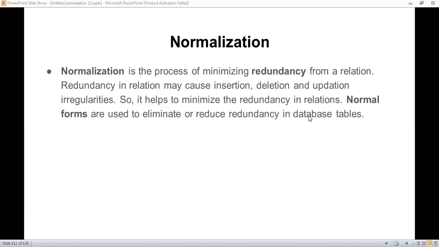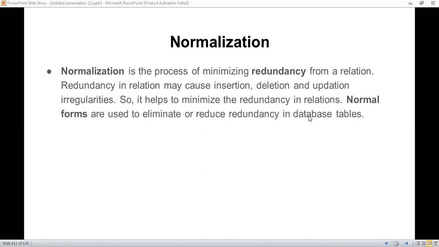If there is redundancy of data in a particular relation, here relation stands for a table, then we have to minimize that. No doubt, we cannot remove all redundancy. Okay, but we can minimize that redundancy.